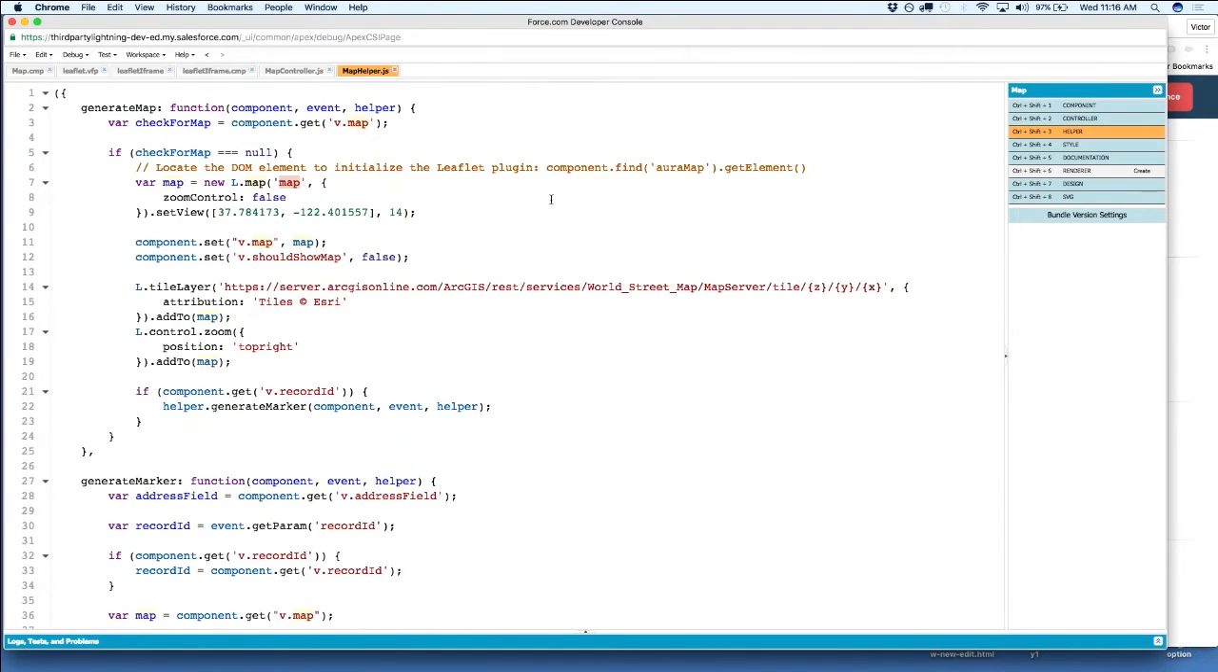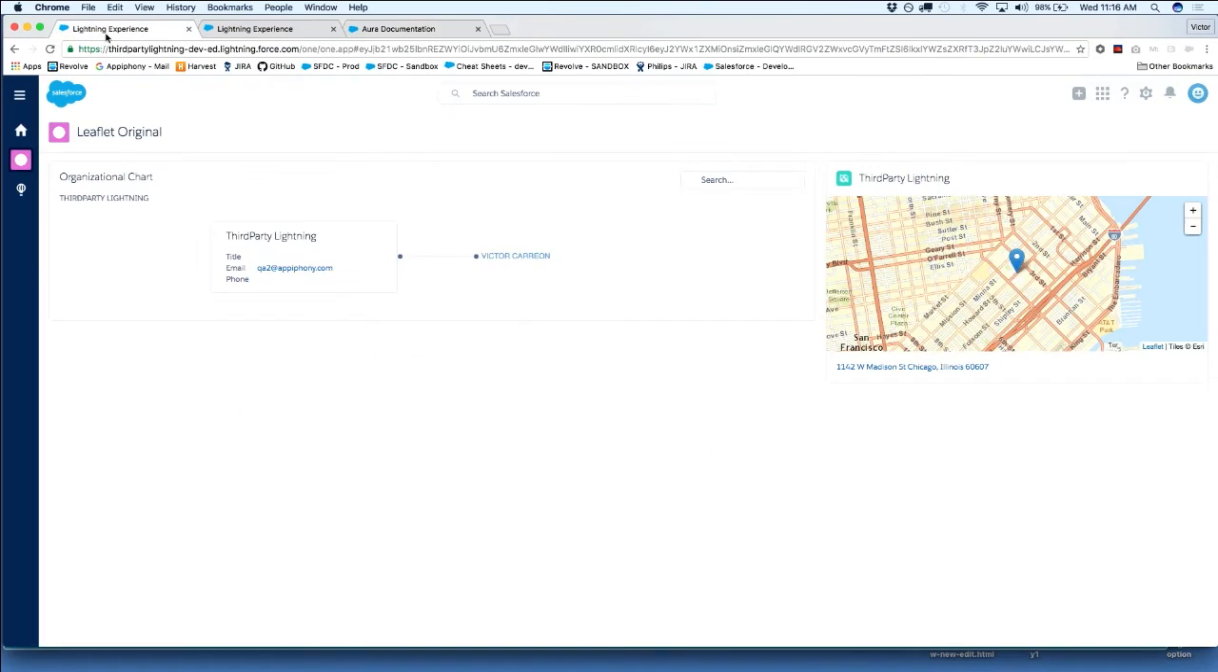So in the helper, the place where we were passing in a string ID, we're now going to replace this with the actual node. And we're going to leverage the component.find method. After we found the component element, we still need to run one more method to get the raw node, which is compatible with Leaflet. After we've saved that,